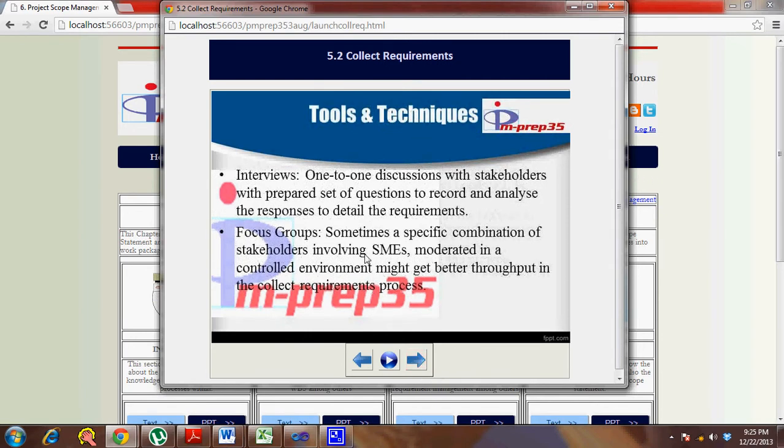Once you have these, the tools and techniques used in this process are more related to deriving things from a group of people who are the stakeholders and trying to get the best out of them. So anything related to interviewing, group decision making, group creativity. Why? Because sometimes the stakeholders might not be able to express what they want. That's where the project manager, a facilitator or a moderator must be involved to get the best out of them. That's where the group creativity technique is really important.